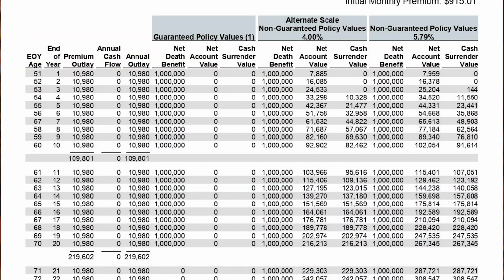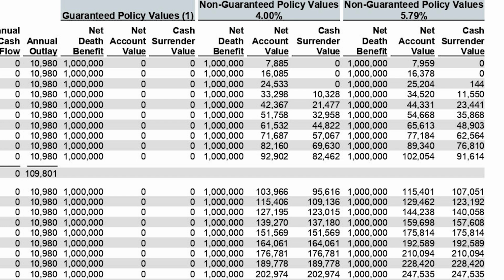Now, notice this cash surrender value is 0 in year 1, 0 in year 2. And even if you go to the far right column, by the way, I'll use that one. That's the one that shows almost a 6% return if you get 6%. So 0, 0. He's putting in $11,000 a year, $22,000, 0 that he can access. Finally, year 3, he's got a whopping $144 after paying in almost 33 grand.